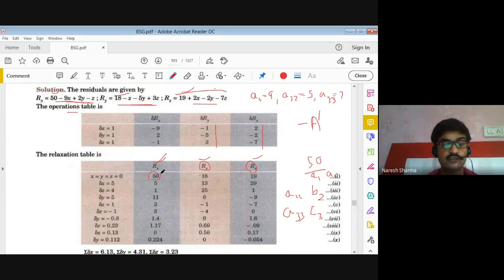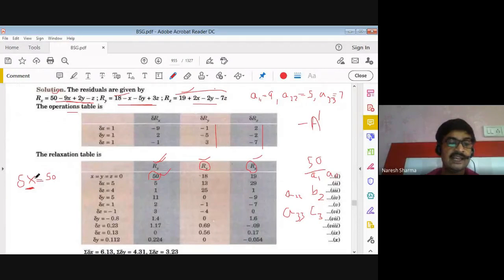After that you try to reduce this up to 0. For that you choose your Rx. How much change in your x? That is P by A1. So assume this as P, that is 50 here. As this belongs to x, we write del x; that's why we write here del y if it belongs to y. If this belongs to z, we write del z. And also divide this by A11 because it belongs to x. If it belongs to y, we divide this by A22, and if it belongs to z, we divide this by A33.